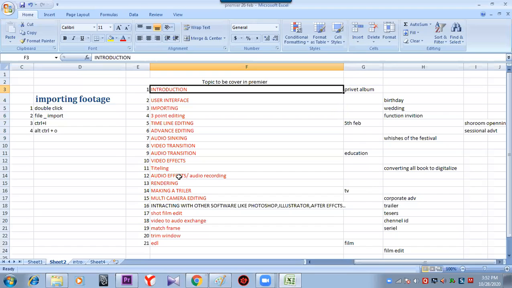One or two options will be extra, one or two icons will be extra, the interface will be different, but editing remains the same. Am I right? Nowadays in mobile also you find some mobile editing software and people make video editing in mobile also. The editing remains the same. In the final output we cannot tell whether it is done in Premiere, or in FCP, or in any downloaded mobile application, because the output is edit only.